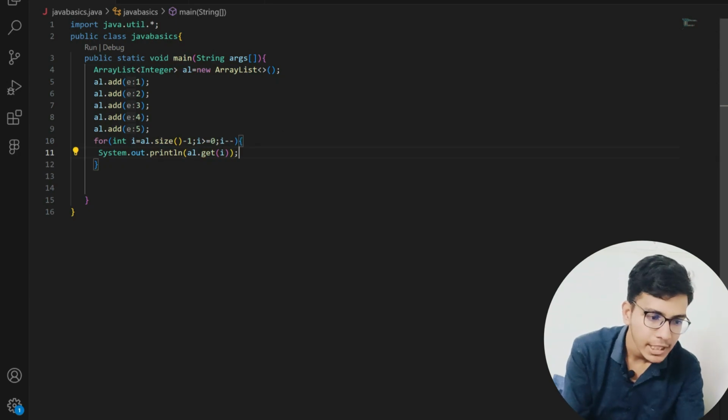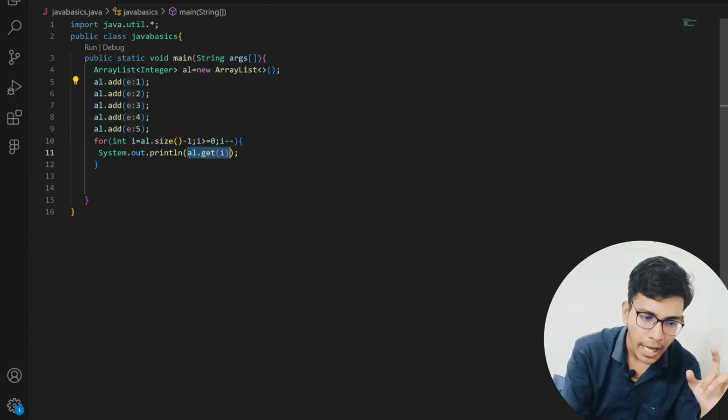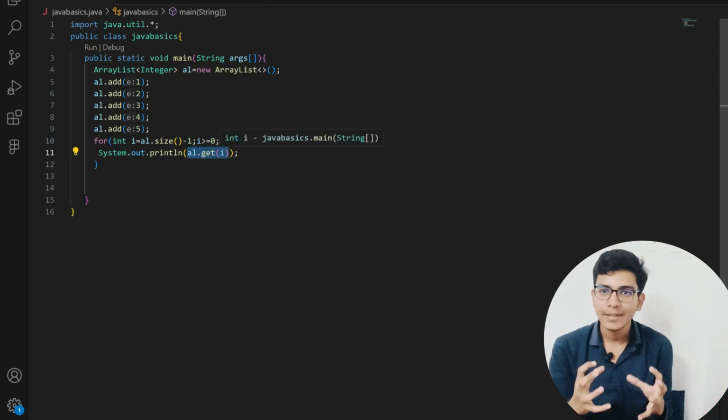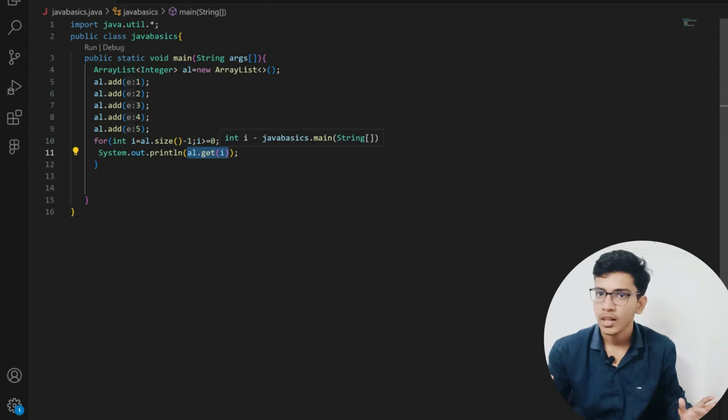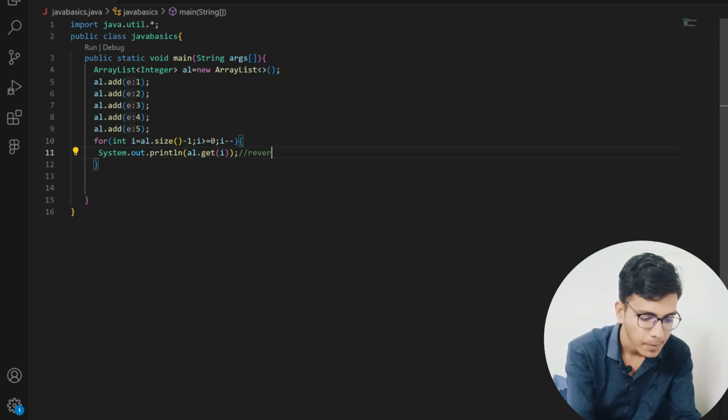So here you can see that first of all I am adding elements into my array list. After that I am running a loop, and in the loop I am getting the elements present at that particular index. So this is my reversing step,